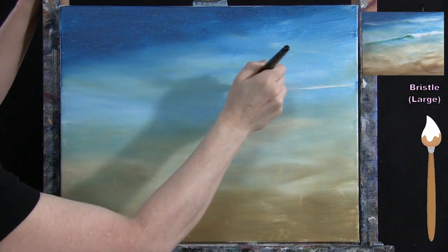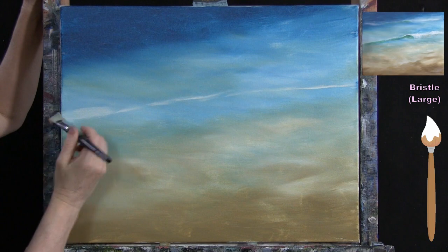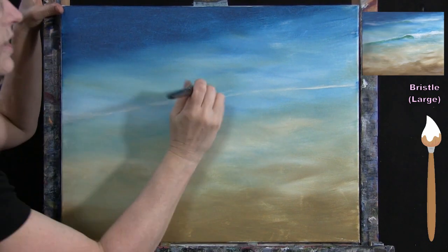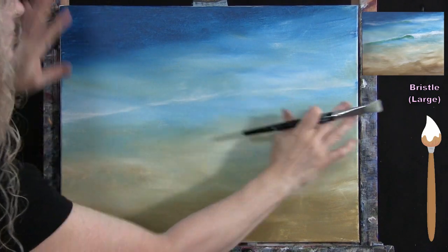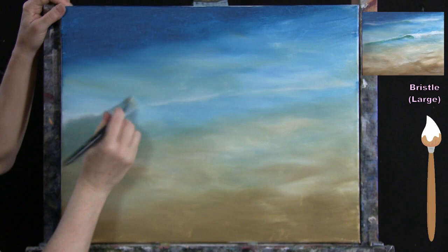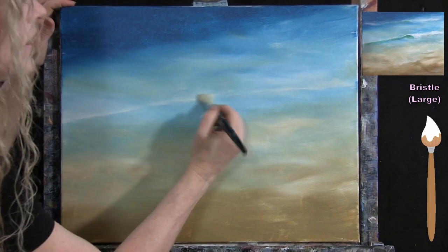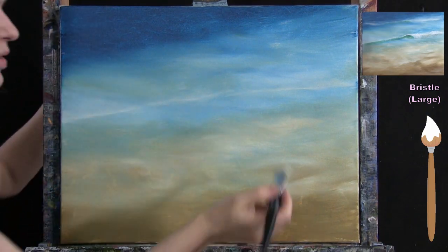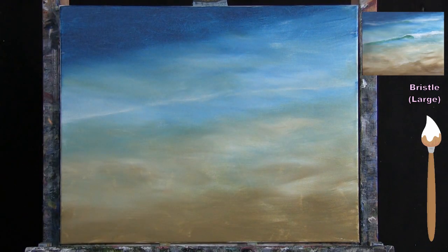And I don't need this to be anything perfect. I just really want to have maybe a little bit of an angle to it. And then what I'm doing is I'm rubbing it up into the water behind it. This gives me that soft edge of the water rolling into it, and I don't need it to be perfect. Mother Nature never makes things perfectly straight,